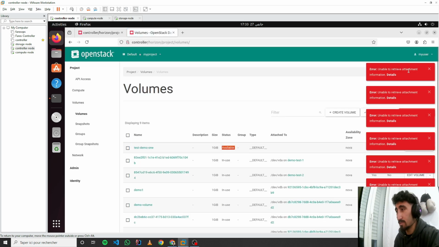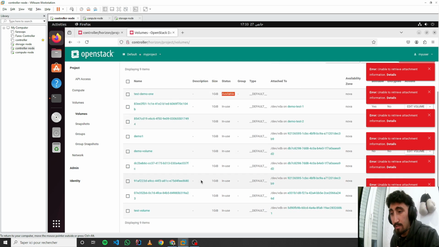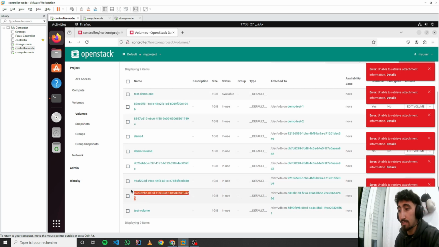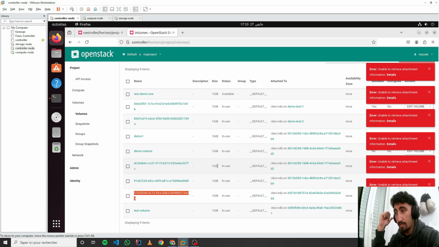Creating, available. So ignore these errors. These errors are caused by the fact that we deleted instances before, and those instances were mapped to volumes that we created. So when you delete the instance and you go and create another volume, you will get errors like this